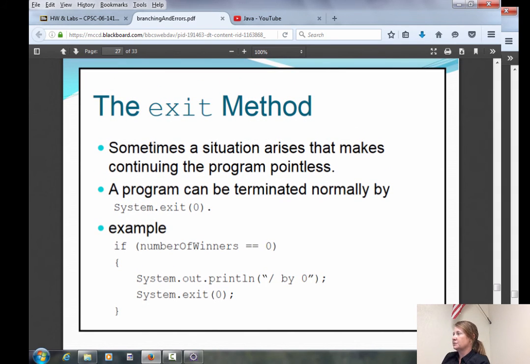Now when we learn branching and we're doing some error checking, sometimes we will want to stop our program from running in case the user types in, let's say, a 0, and we don't want a divide by 0 error to occur, or for whatever reason we want our program to stop working. If you ever want to end your program early, then you can use system.exit 0, which is not a very elegant way to stop your program from working. Later on, as you get better at programming, you'll learn that this isn't the best way to stop your program. But it's okay for now to stop our program using system exit 0.